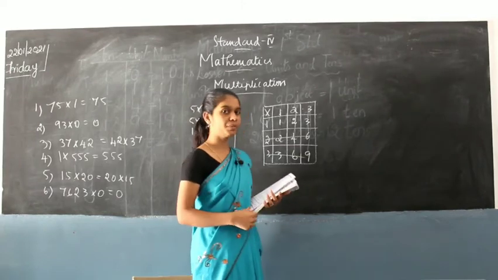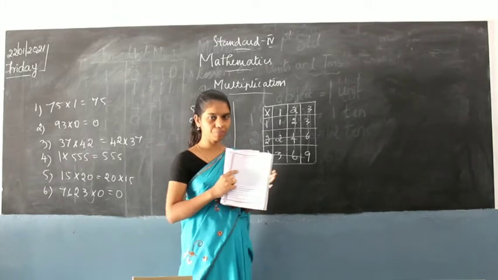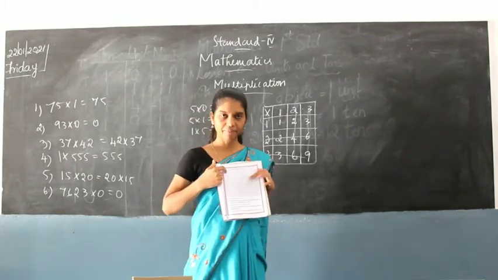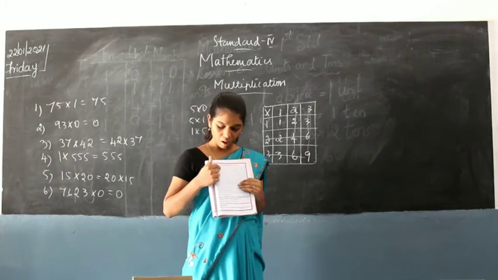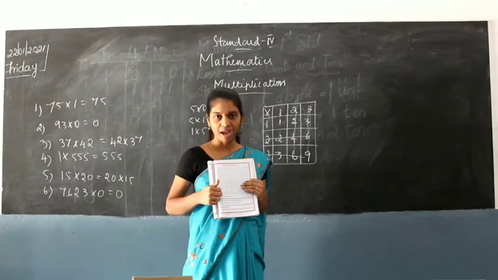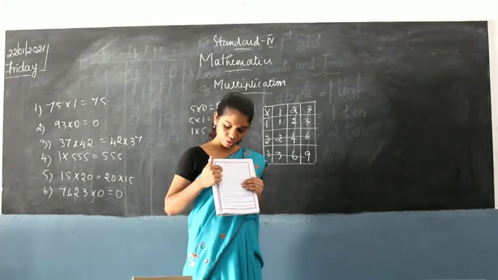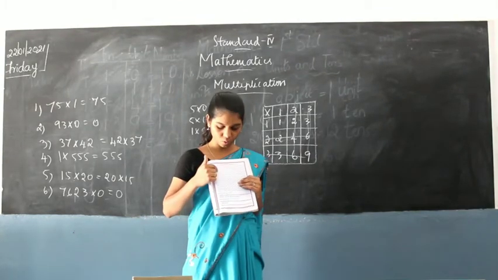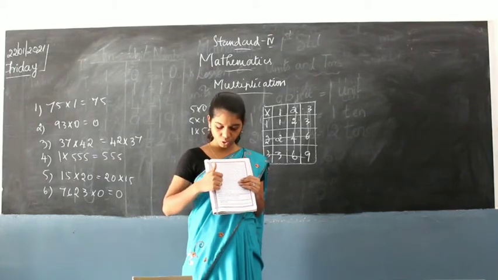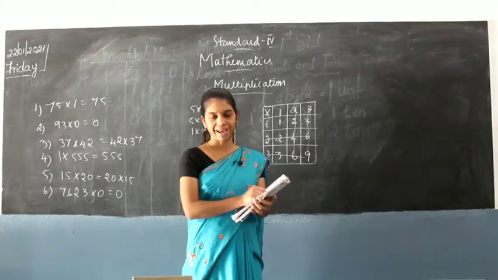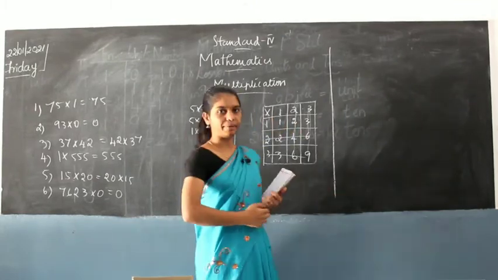Okay, they have started with 0 and ended with 10. So 0 multiplied by any number will give you 0. So that's why the first row and the first column of the multiplication table is 0. After that 1, you have multiplied that with 1, right? So you will see 1, 2, 3, 4, the same numbers you got in the second one. On the third one you can see 2 multiplied by 2 you will get 2, 4, 6 and so on. So now this is the multiplication table.